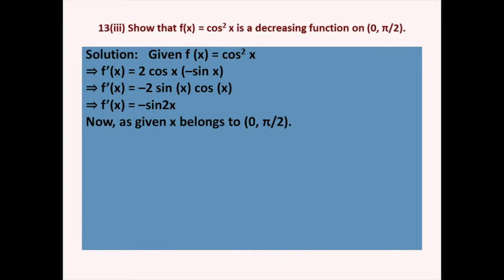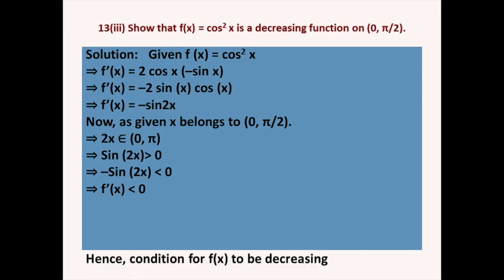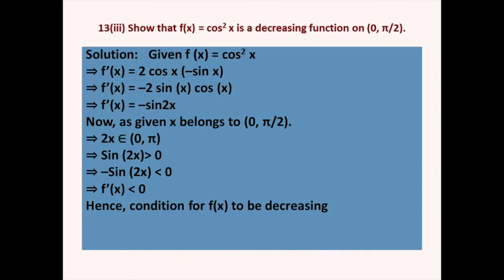Now it's been told to us in the question that x belongs to 0 to pi by 2. If x belongs to 0 to pi by 2, that means 2x belongs to the interval 0 to pi, which implies sin 2x will be greater than 0 because it is the interval of 0 to pi, which means when I multiply by minus 1, I get minus sin 2x being less than 0. The symbol of inequality gets reversed. So therefore now I get f'(x) being less than 0,